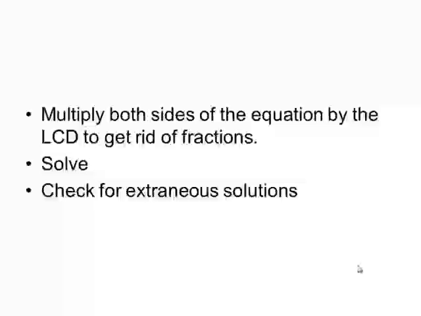We are allowed to multiply equations by anything we want as long as we do it to both sides, do it to every single part. So we're going to multiply by the least common denominator, and that will eliminate all of the fractions. So then after that, we'll have some sort of an equation to solve. It might be linear, or it might be quadratic, but we'll have an equation to solve that no longer has